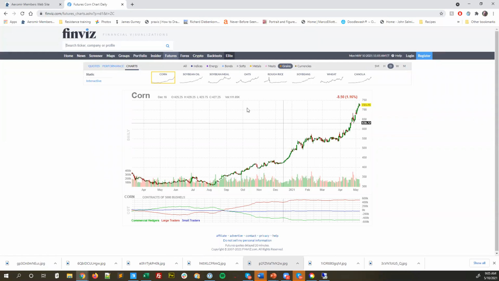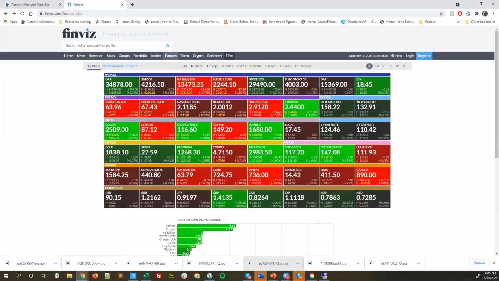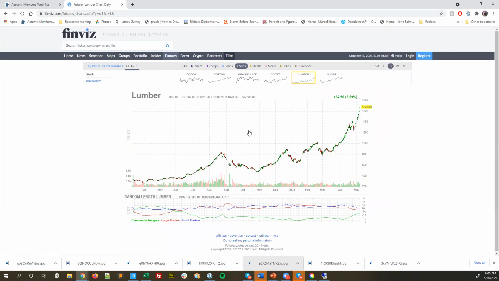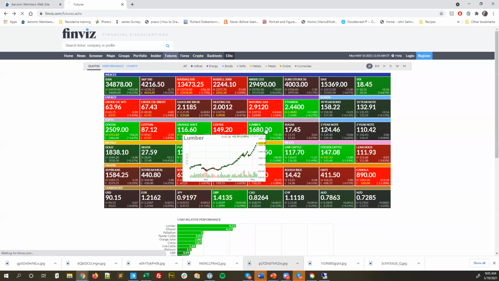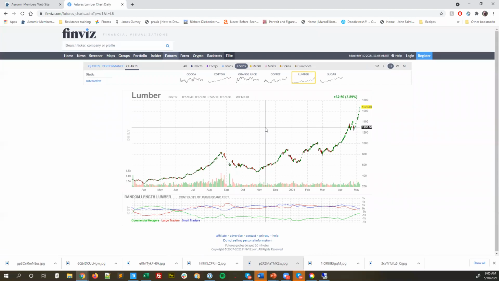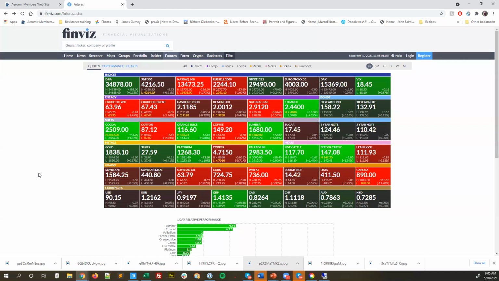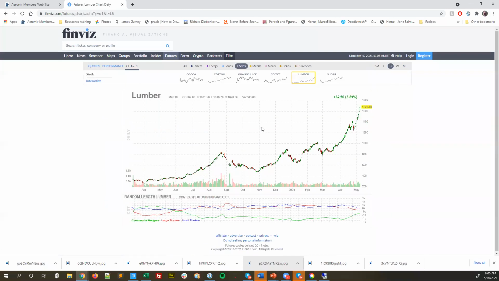And lumber. Where are you, lumber? Oh, there it is. I guess that's why the news article I saw said prices were going up everywhere. Charts like that kind of explain it, don't they? If that doesn't tell you global inflation is active, I don't know what will. Wow, that's pretty impressive. Is that a logarithmic chart too? It doesn't look like it. Linear? Yeah.